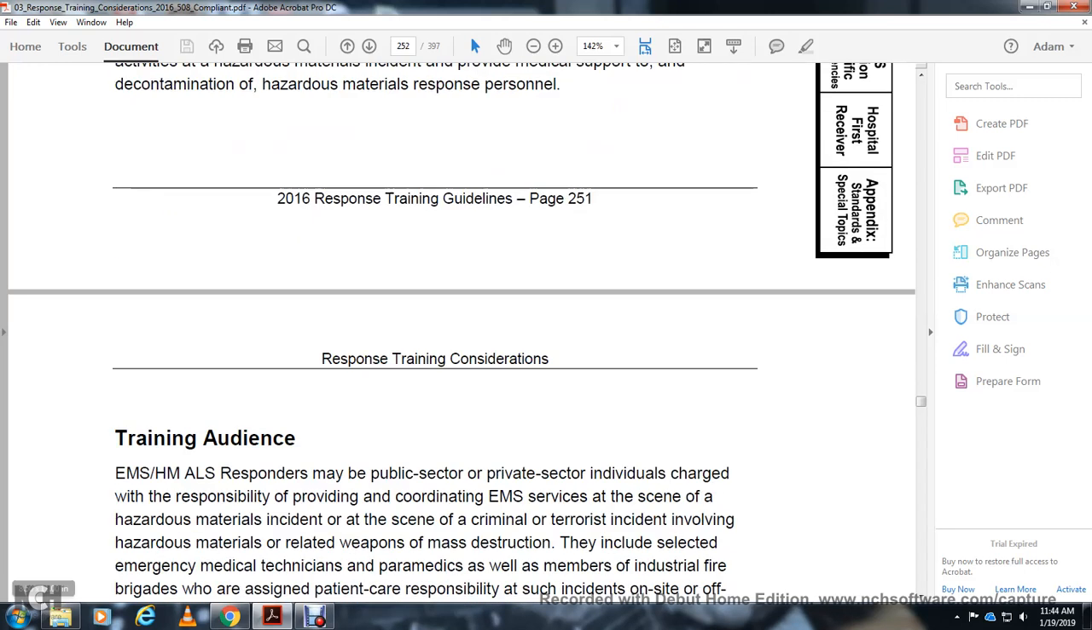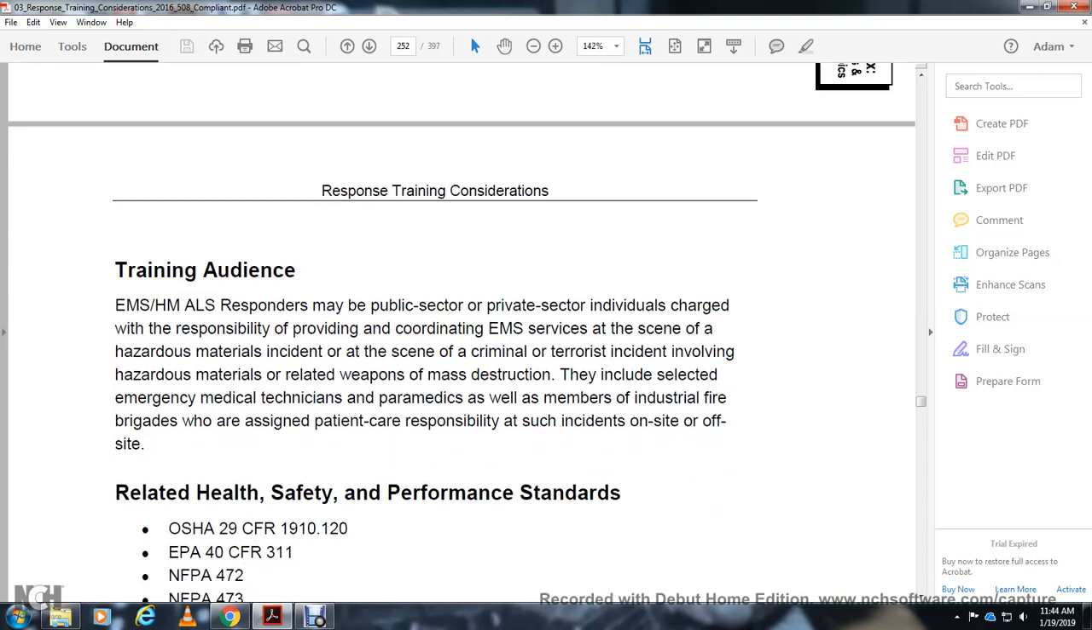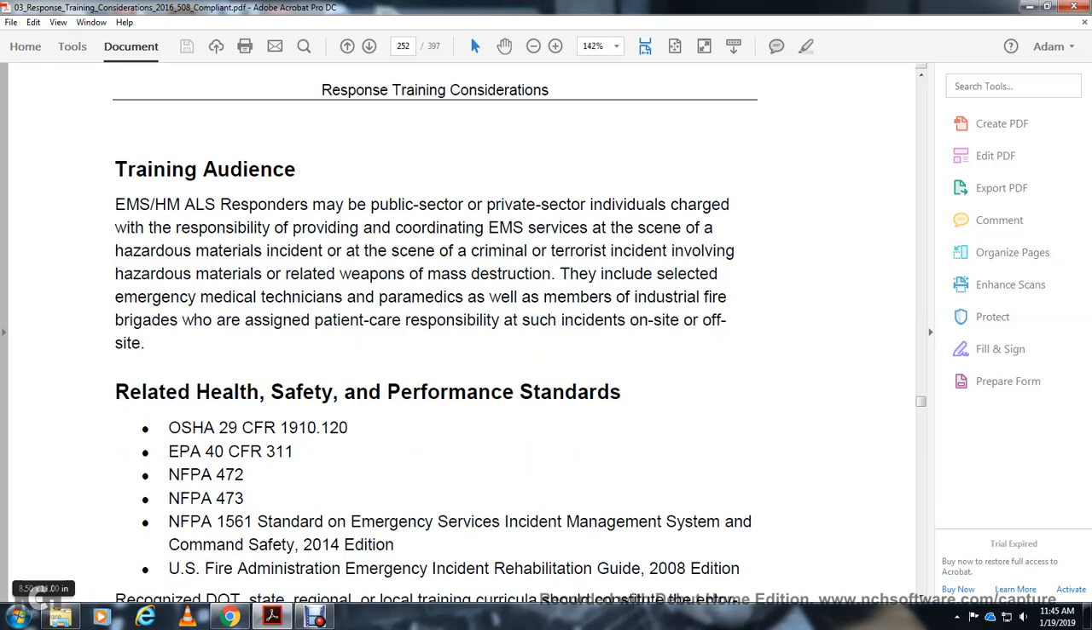Training audience: the Emergency Medical Service hazmat advanced life support responders of the public sector, except for private sector individuals, shall be responsible for coordinating with emergency medical service at the hazmat incident scene, including criminal and terrorist incidents involving hazmat-related weapons of mass destruction. This includes select emergency medical technicians and paramedics, as well as members of the industrial fire brigade, at the time of patient care, with responsibility set for on-site and off-site incidents. Related health and safety performance standards: OSHA Title 29, 1910.120, Environmental Protection Agency 4311, the National Fire Protection Association 472, 473,